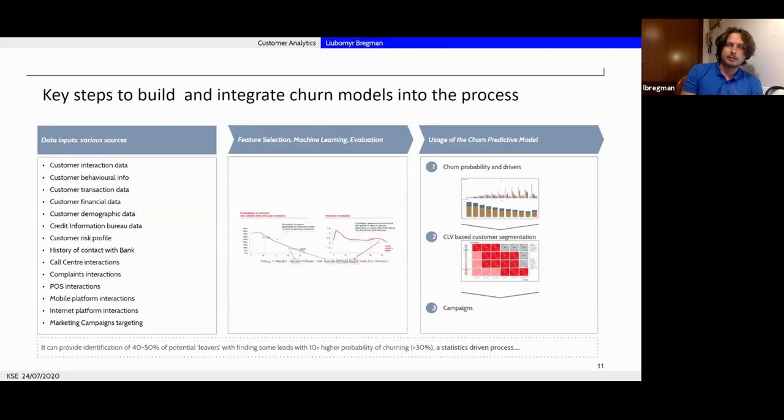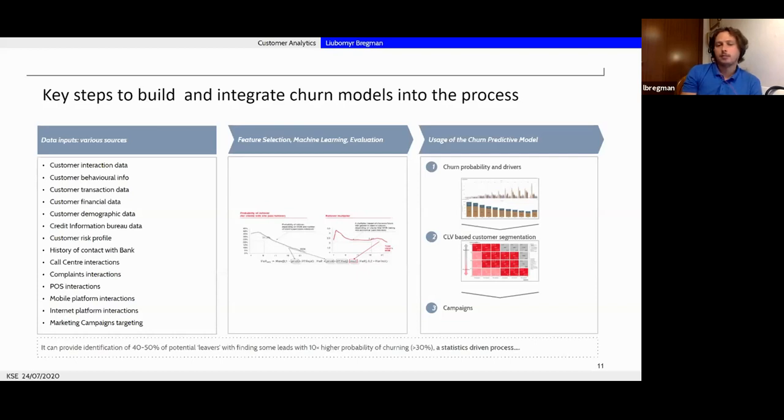Ideal case scenario is something like 15 to 30, or 30 will be top liner. I remember that once at the very beginning of my career, I did a model which included 150 churn predictors, and this was hard to maintain, because then you should maintain a lot of data sources in good shape, which can be pretty costly. And that's why the simpler the model, the better it is for maintenance.